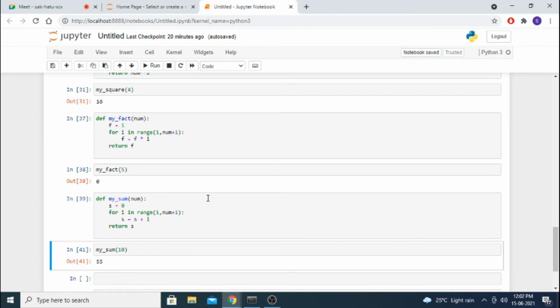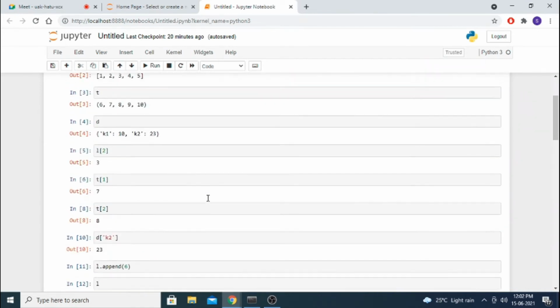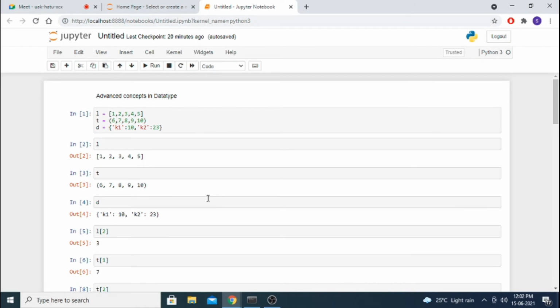These are small functions. When you do the next level, you will get bigger functions and you will be able to do those. Okay, so I'll recap the things. I declared list, tuple and dictionary. The brackets differ: square bracket for list, round bracket for the tuple, and curly bracket for the dictionary.